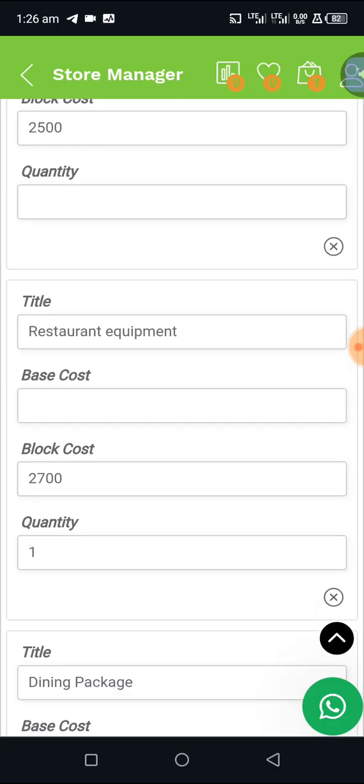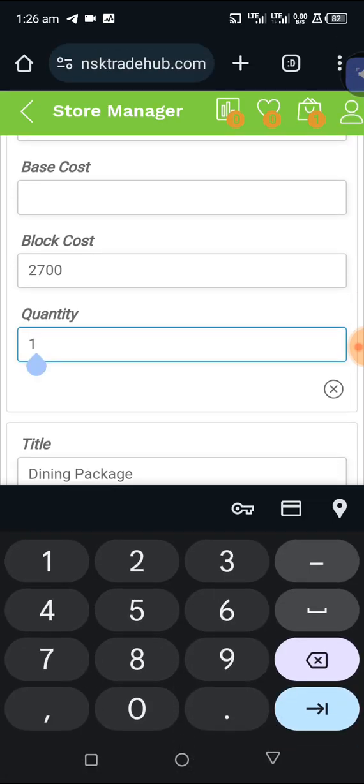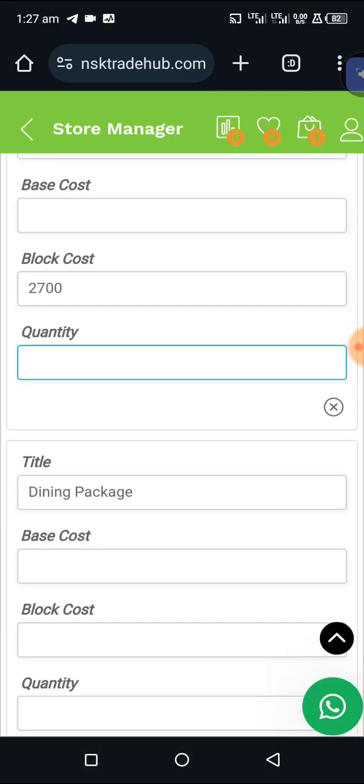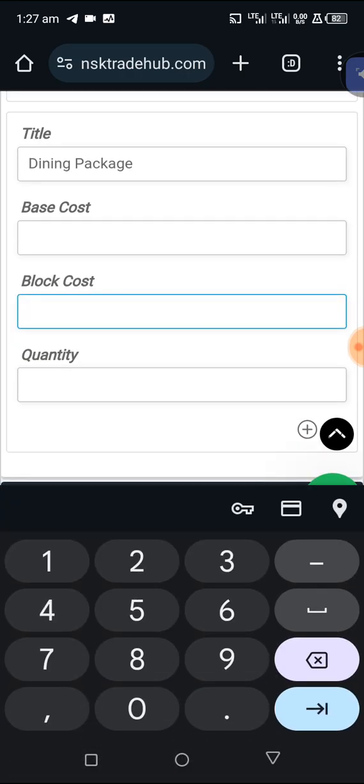So look, these are other resources we've added, and look at the price. You mustn't mind this because we have set it in the other resources side. Doesn't matter. Then dining package. Look at the dining package. We've not added a price for the dining package, so let's add a price for the dining package. It is for the meal the person will eat, because remember what we did in the dining package, we said